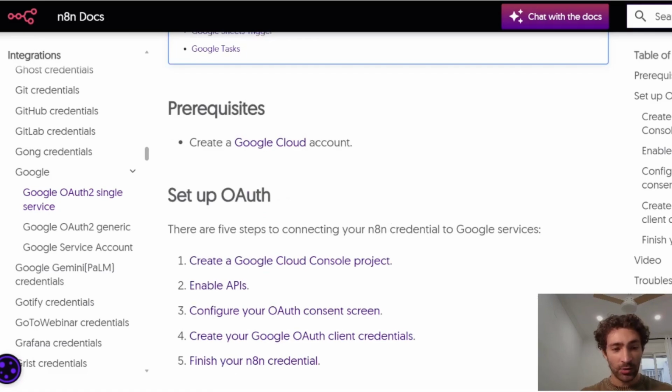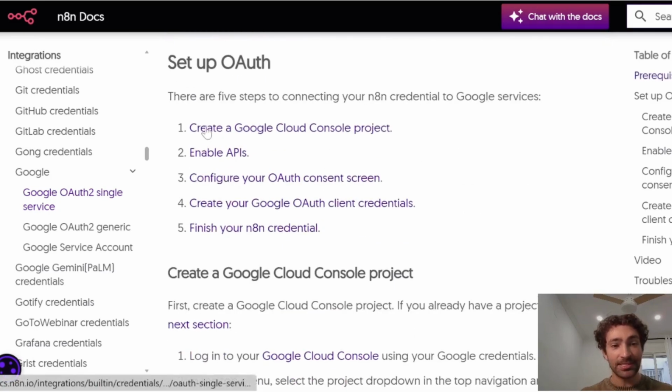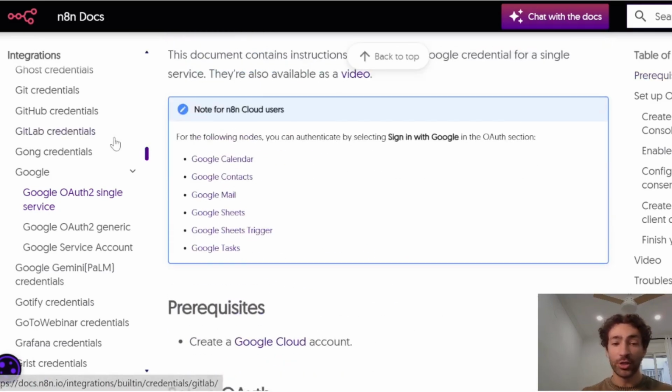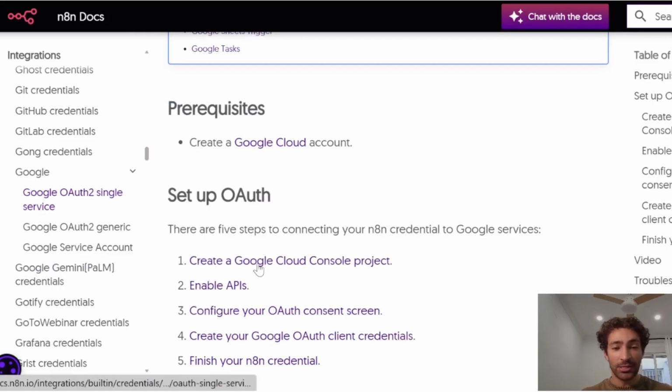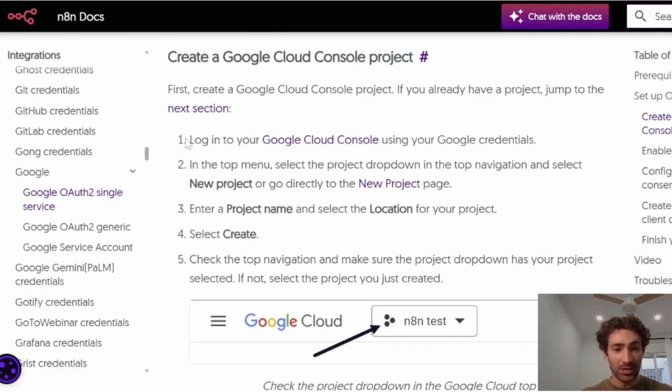And we're going to skip the step where it says create a Google Cloud account. I'm going to assume you already have one, and if not, just quickly sign up and follow the steps, completely free. And then you want to go to create a Google Cloud Console project. So we'll click on this link, log into your Google Cloud Console,